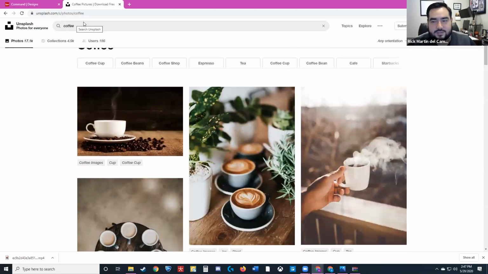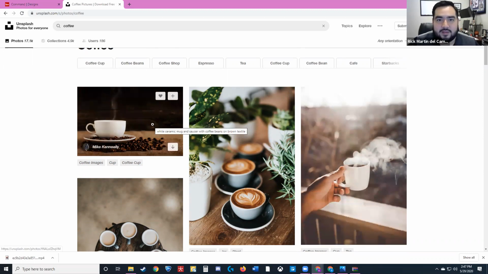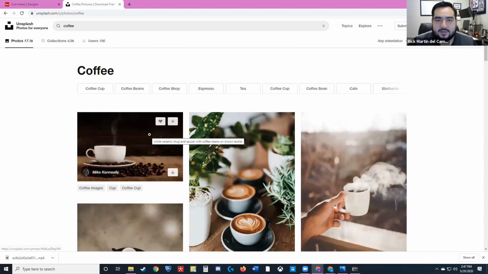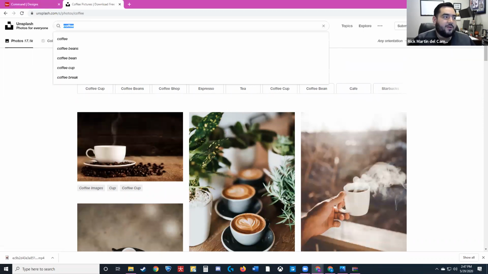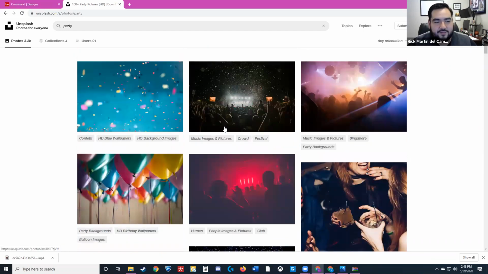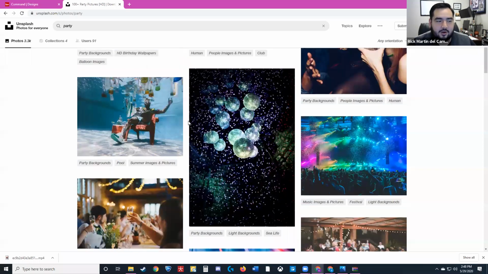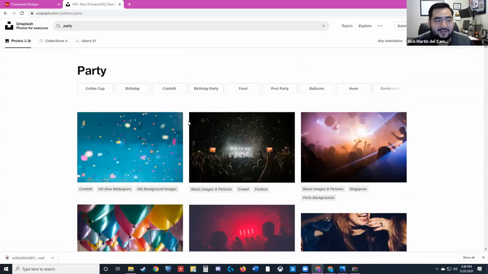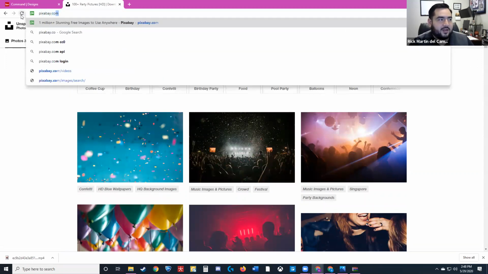Unsplash.com is a great resource. I'm going to put this in the chat to get royalty-free photos. These you can use without getting into any legal trouble. Just don't forget to put the KW Woodlands logo on there so you don't get into trouble. They've got great resources on just about anything. There's party stuff, so there are all sorts of free photos. Obviously they're not always great, but they're free and royalty free. So you can use Unsplash or you can use pixabay.com.